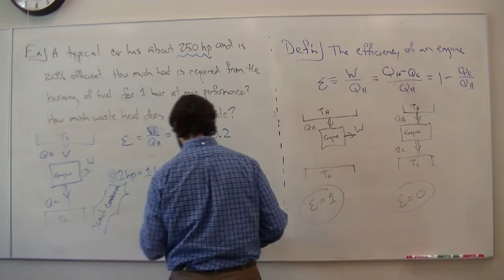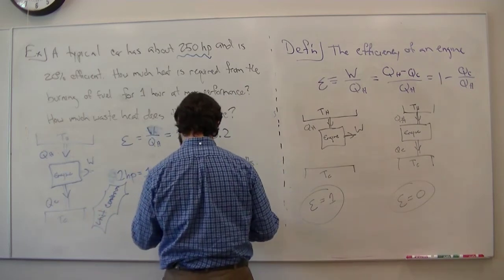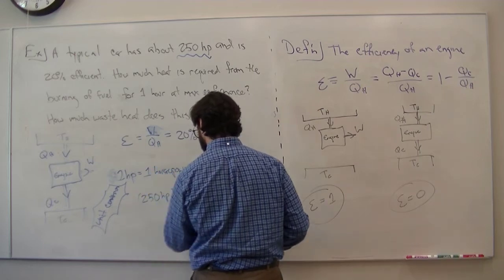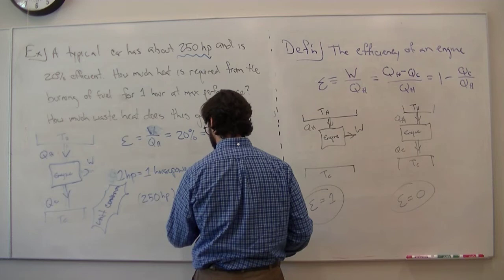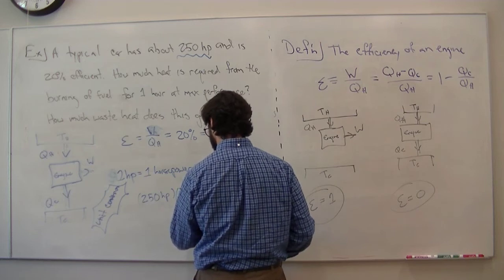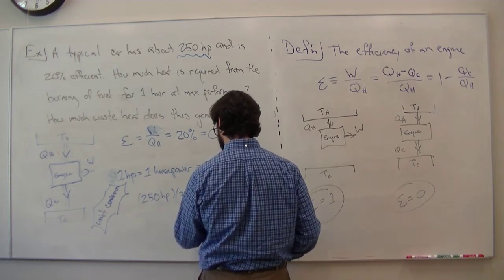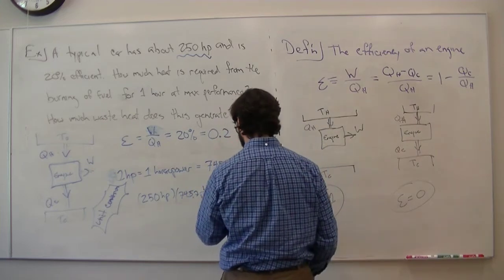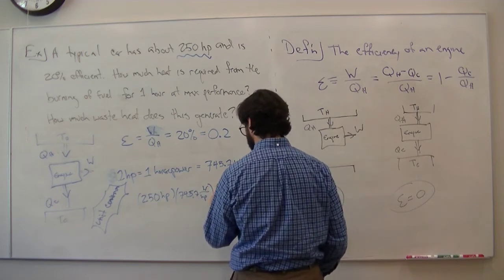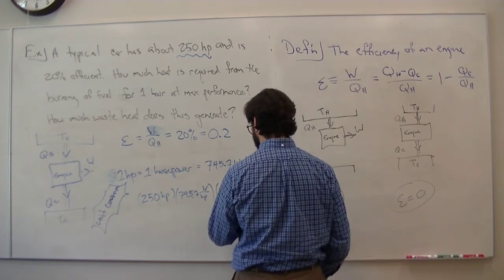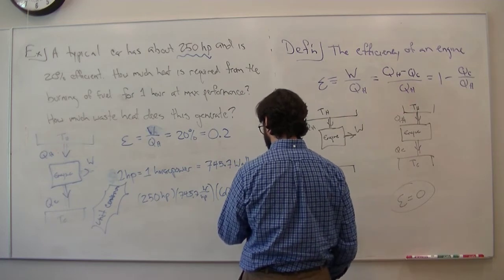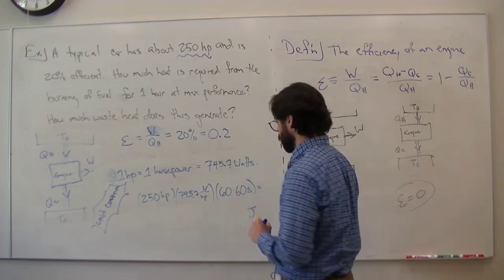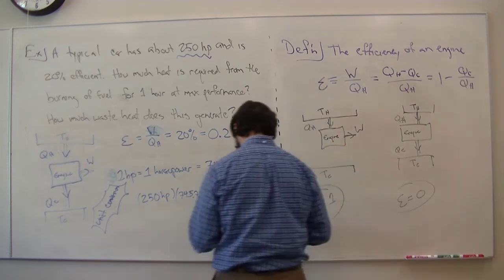And the unit conversion is as such. So we have 250 horsepower. We have 745.7 watts per horsepower. And then that will leave us with joules per second. So we got to multiply this by the number of seconds. So that's 60 minutes in an hour, 60 seconds in a minute. So this many seconds would give us joules. And so that math happens, and we end up with